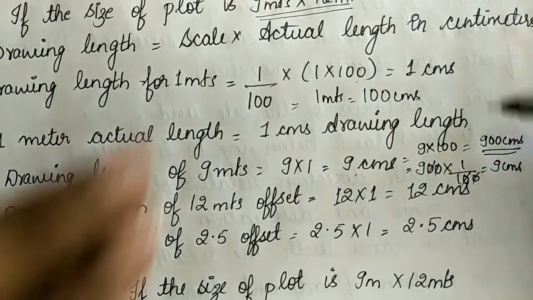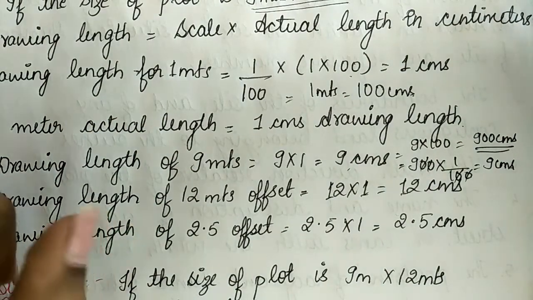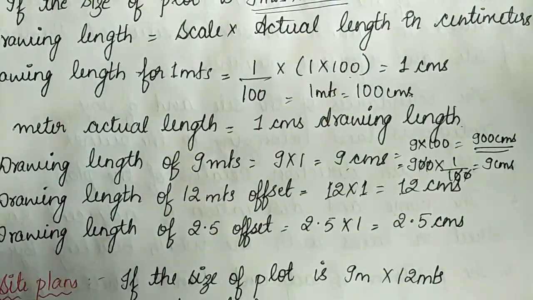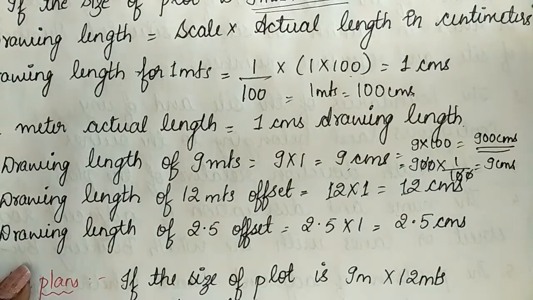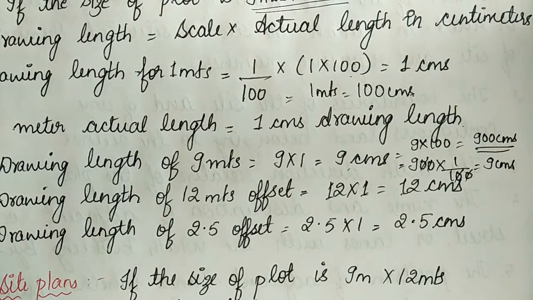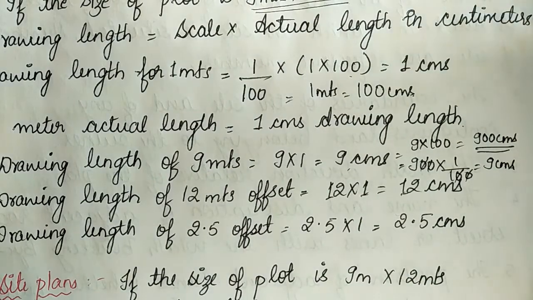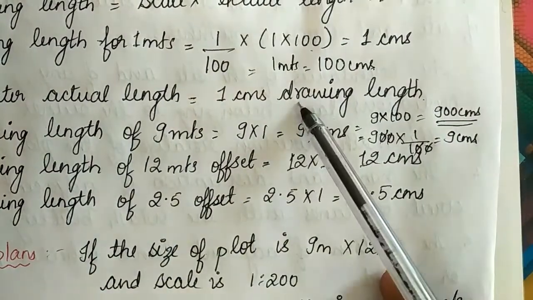Okay, so this is the calculation what I have shown you, but ये calculation की necessary नहीं है, because see 1:100 scale मतलब it is clearly mentioned to you that जो कोई भी given data रहेगा that itself you will draw it in your drawing sheet, but in centimeters, because the mini drafter what you are using, उसका जो scale है that is in centimeters, but in the question paper usually your given data will be in meters as well as mm. So the only thing you should be clear about is the conversion itself. Okay, but there is no necessity of any calculations here for 1:100 scale.